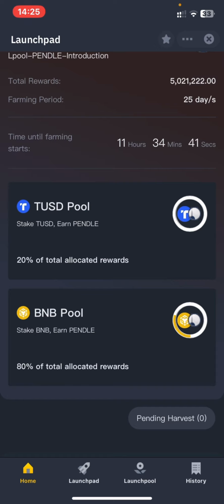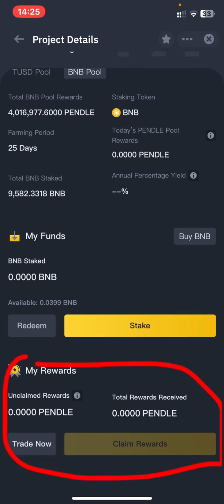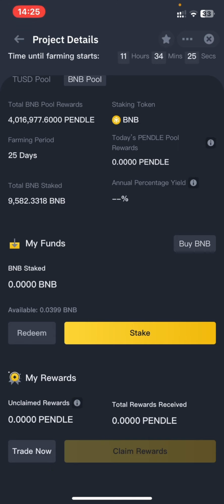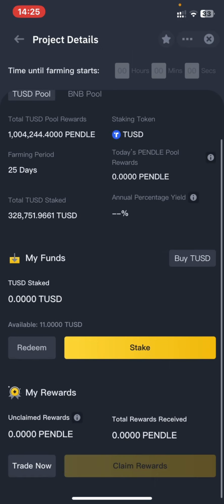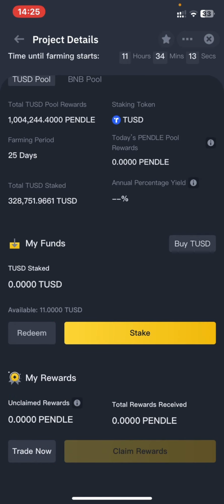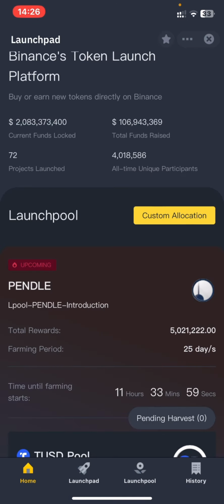Let's say, for instance, you have staked your token, you did not redeem your token immediately, and right here on this section, you need to use this option over here to claim your rewards. Your reward is going to show over here. You just need to claim your reward. The same thing applies to this TUSD pool. You just need to go down and use this option over here. You see claim your reward, you need to press this claim. It's going to show you if you have a reward to claim, and